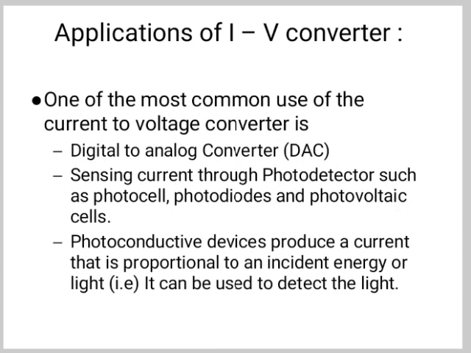So in the basic current to voltage converter, the input is current which is ideally never fed into the op-amp terminal. So the input current completely flows through the feedback resistance, which results in a voltage across the feedback resistor. The voltage across the feedback resistance is equal to the output voltage of the op-amp.